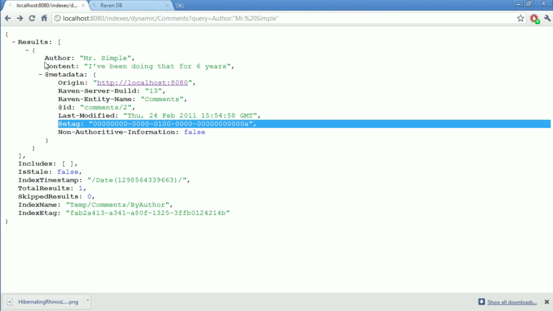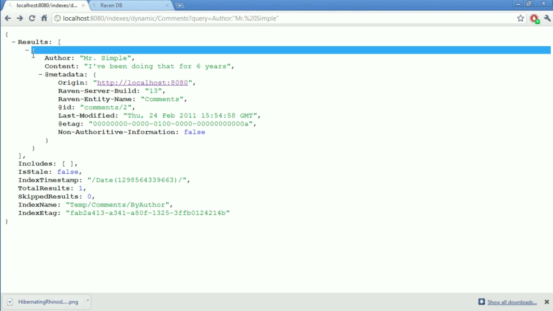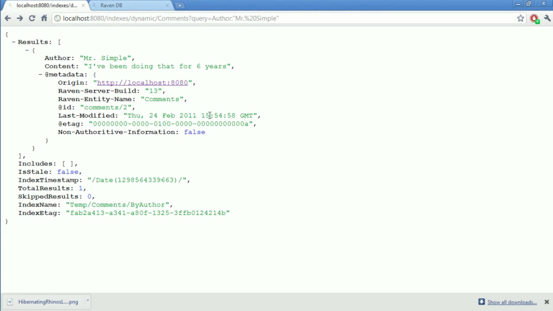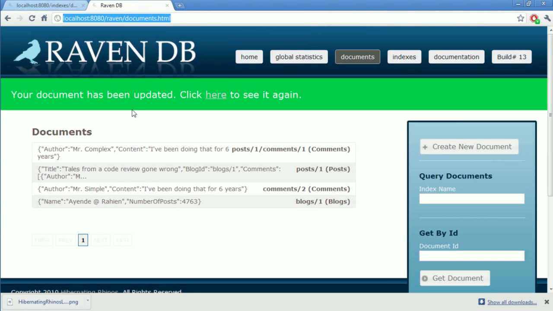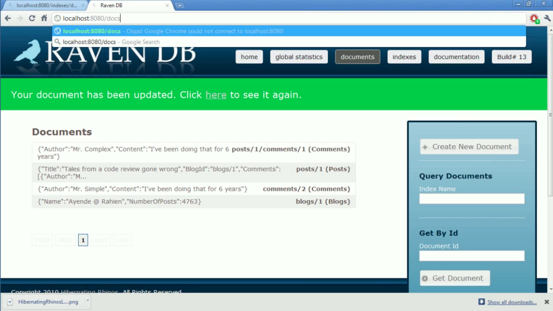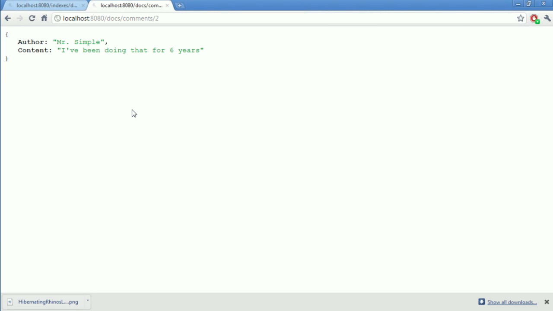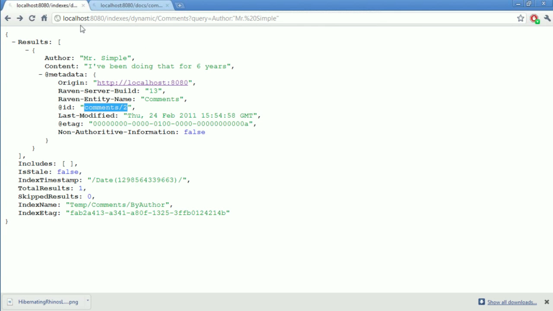What you see here, this is an index. We can see it in better shape if we go and look at only the index itself. So localhost/docs. Here is the index. This is a view that doesn't show us the actual metadata. What we see here is that this is the result of an index query.